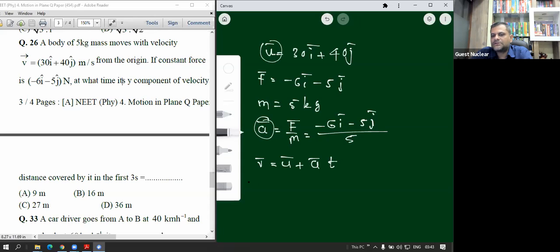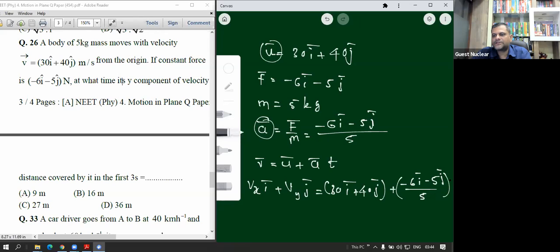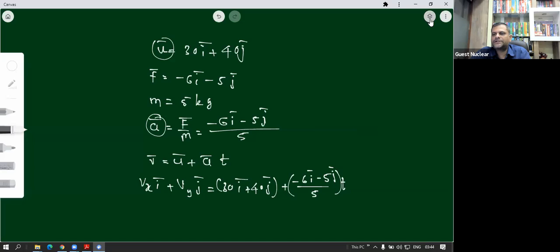So v bar can be expressed as vx into I bar plus vy into j bar as the two components. Okay, and u bar is already given here, see here, this is your u bar. So if you replace it by that, we get this as 30 into I bar plus 40 into j bar. Okay, plus acceleration, see this acceleration here, this is to be replaced here, and that is to be multiplied by time, which is to be found out. Okay, so we are going to get this as acceleration, which is minus of 6 I bar minus 5 J bar upon 5, and that is multiplied with time. Okay, now just we have to simplify this equation further. इस इक्वेशन को हमको आगे सॉल्व करना है।